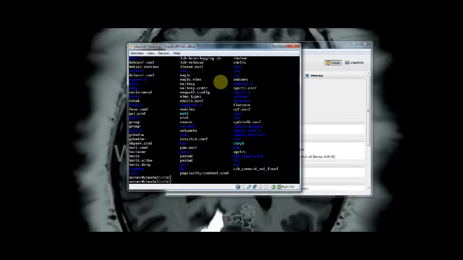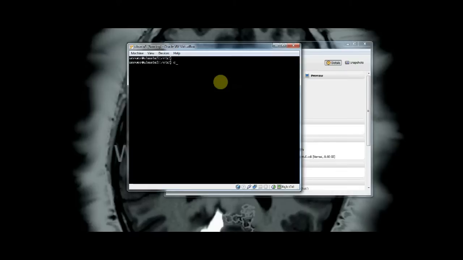So I'm going to type in clear. Clears the screen, then I'm going to type in cd, so I just get out of that etc directory. Not really a big deal. So the commands that we want to do when we are doing any install are sudo, superuser do. So what I'm going to do is I'm going to do sudo